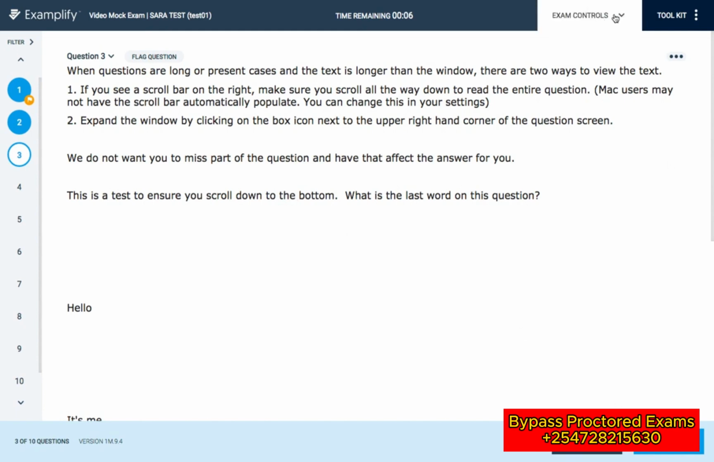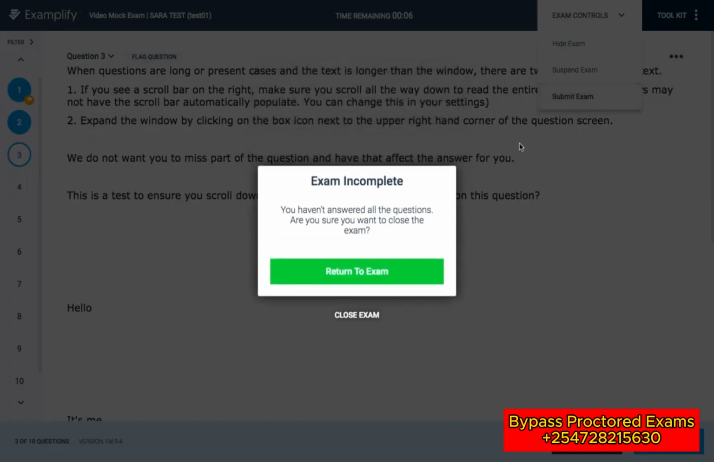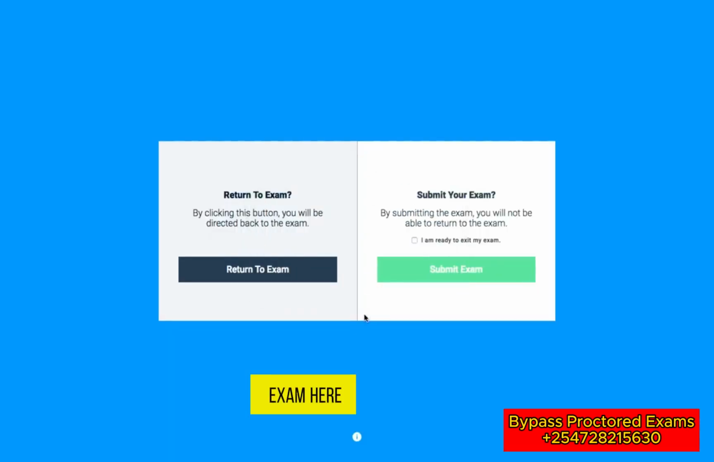I'm going to go up to our exam controls and I'm going to say I'm ready to submit the exam. A warning box comes up if you haven't answered all of the questions in the exam, and this will allow you to return to the exam, or I'm going to close the exam here. And again, another box giving you a way out if you want to go back and review your answers, but I'm going to say that I am ready to exit my exam, and I'm going to submit my exam by